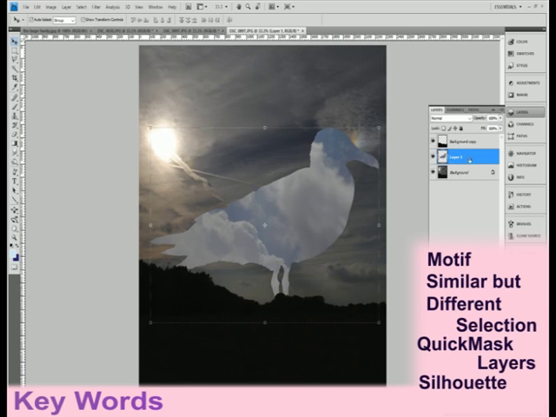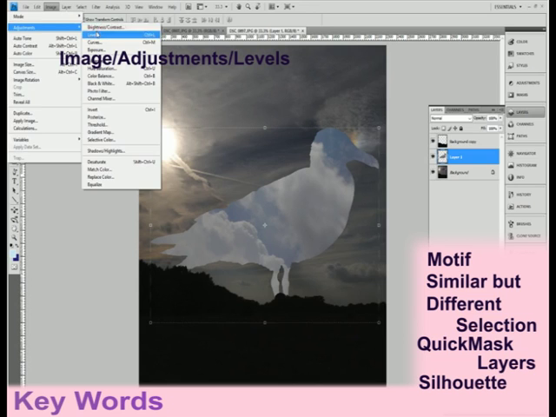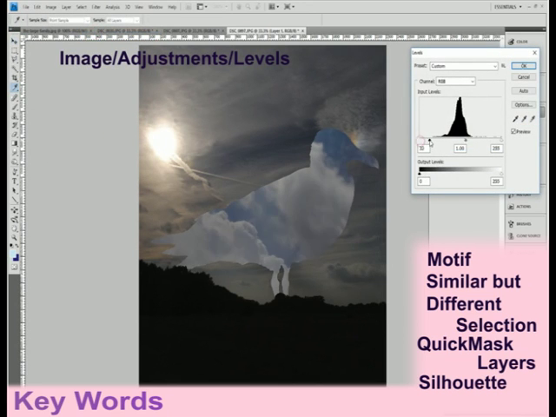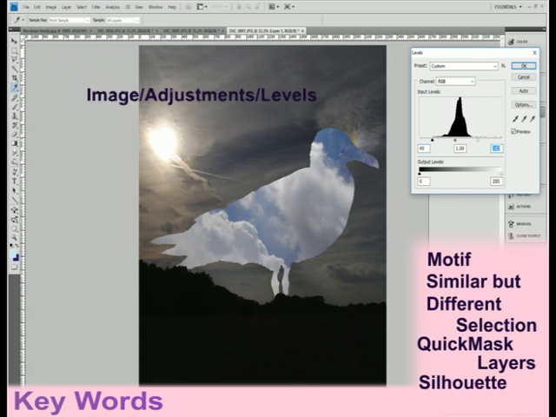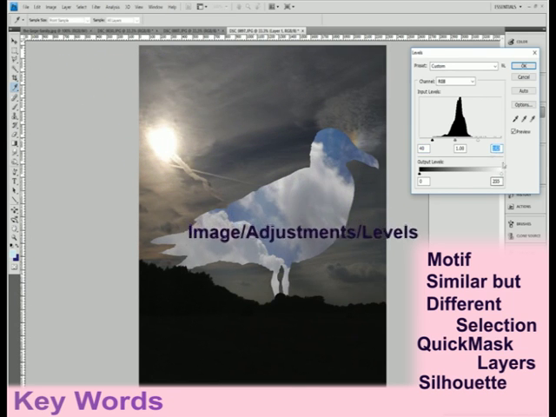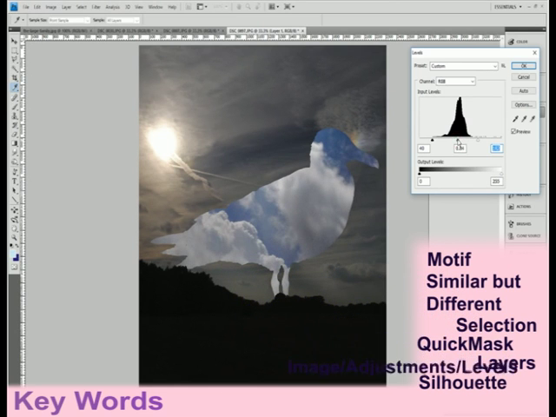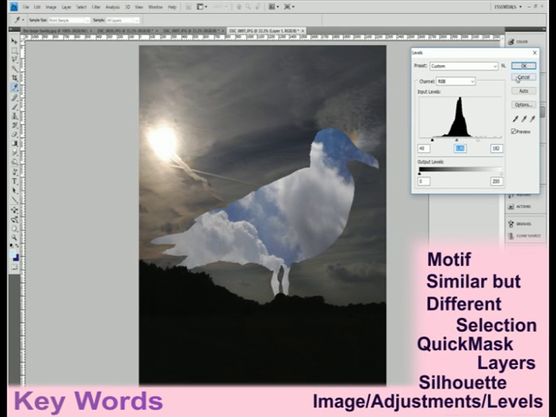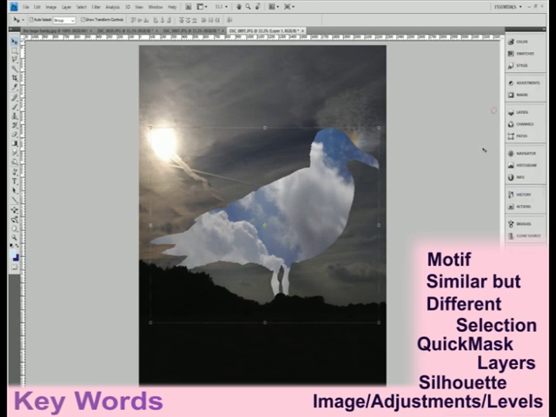So just very quickly, while there are still separate layers, if I click on the bird layer there, image, adjustments, levels, slight tweak with the levels, make the clouds a little bit more contrasty. Notice it already picks up the blue, makes the blue a lot nicer. I think just doing that has done the job. So there's a very clear distinction between the sort of dark silhouetted background and this brighter daytime sky here. So there we go,